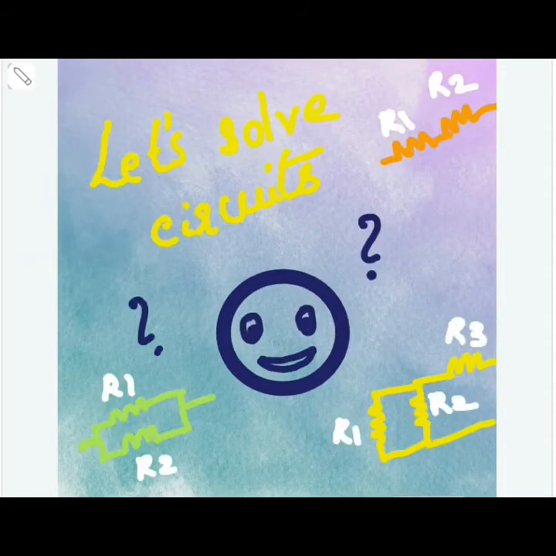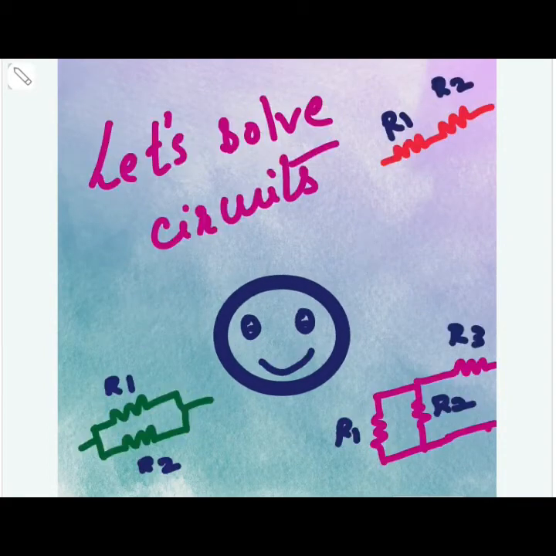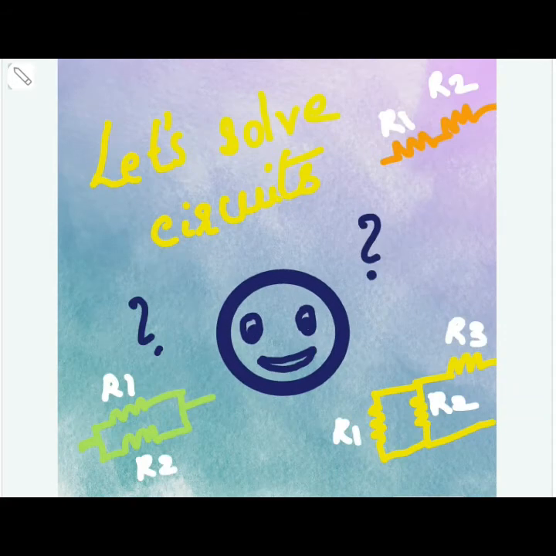In this session, we will be seeing how to solve certain simple electrical circuits, how to find the effective resistance and how to find the current passing through individual resistors, or to find the total voltage or individual voltage across the resistors and all. So before watching this video, please watch the theory so that it will be easy for you to solve the circuits.